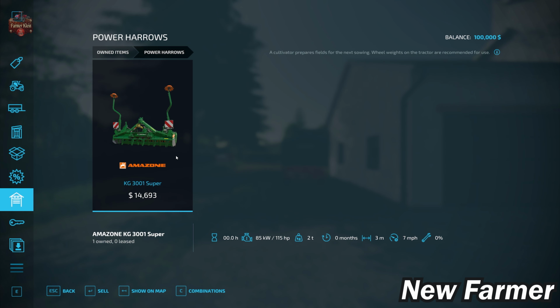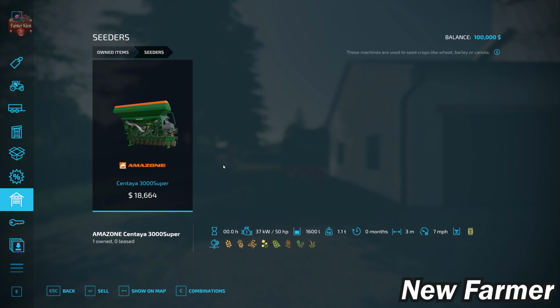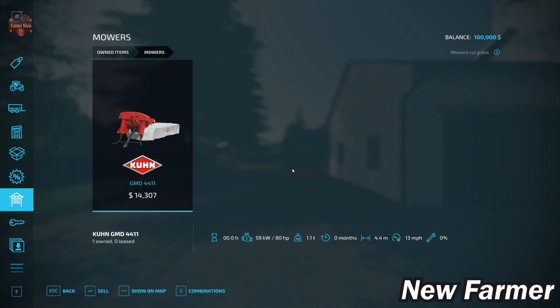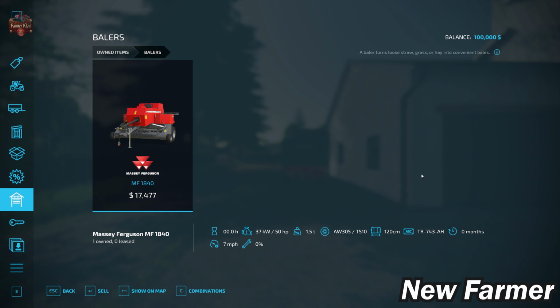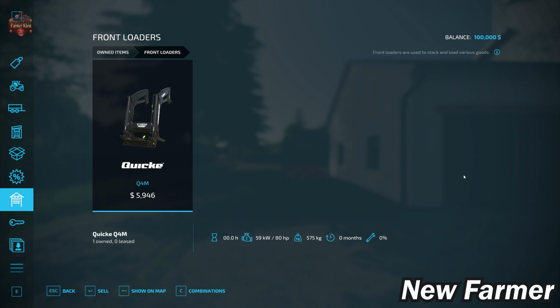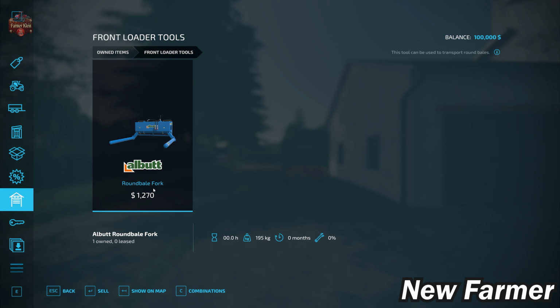EG39 cultivator, the Amazon KG 3001 Super Power Harrow, which is paired up with the Sitya 3000 Super Seeder. We have the GMD 4411 side mower, as well as the Pottinger Top 342 tedder or windrower, and the Massey Ferguson 1840 small baler. We have the Quickie Q4M for our small tractors, as well as the Albert round bale